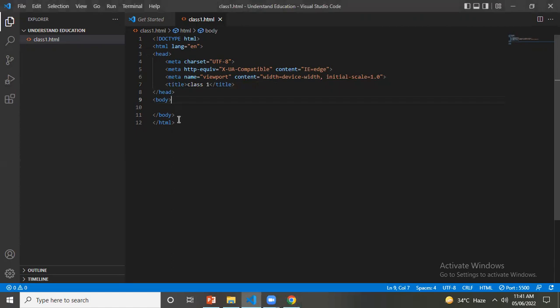You can use many tags in this body tag. Okay, so as you can see, HTML started here and HTML ended here. The HTML tag starts with this, and the forward slash is used to tell the browser that the tag has ended. So HTML is the root element of the page,